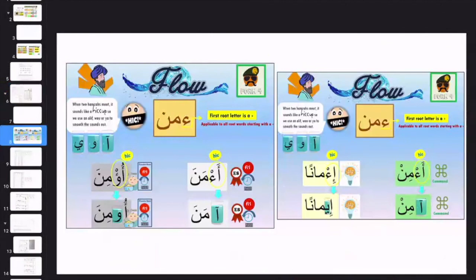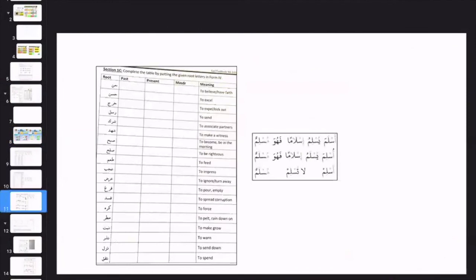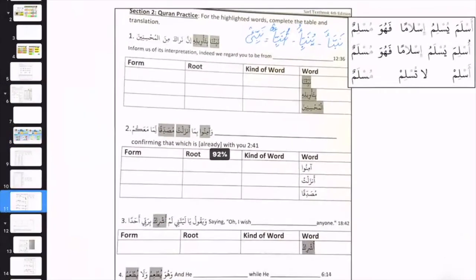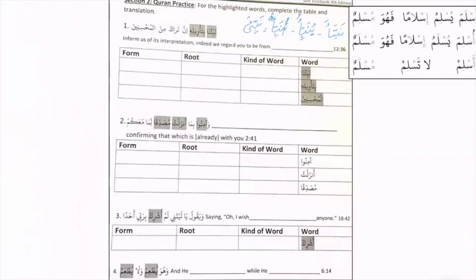Okay, then whatever we learned so far is given in this picture. So you can go through it, it might help you guys. Okay, then we have some practice. We are going to do it inshallah together. So I'm going to skip that. And now look over here. Okay, these are some examples from the Quran Pak. It says,